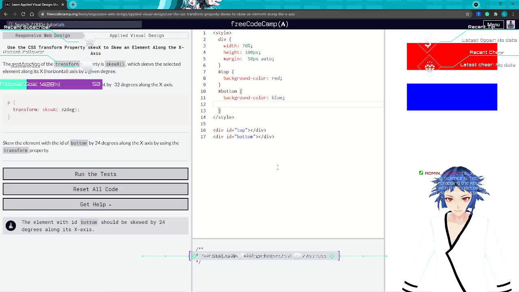Alright, so here's bottom. Transform skew x 24 degree semicolon. Okay, and see it transform this rectangle into